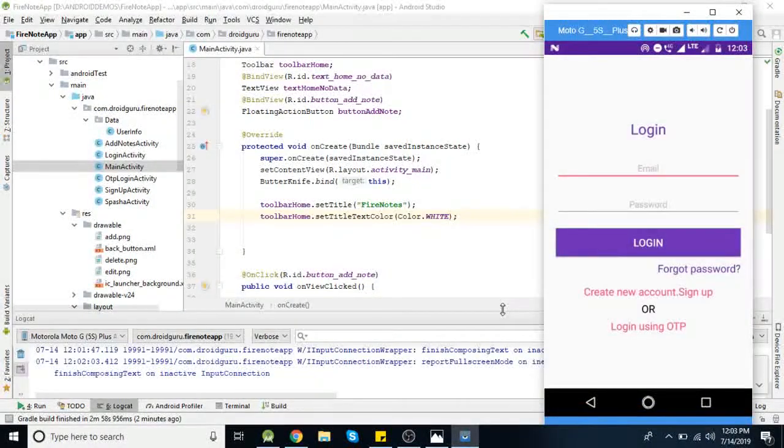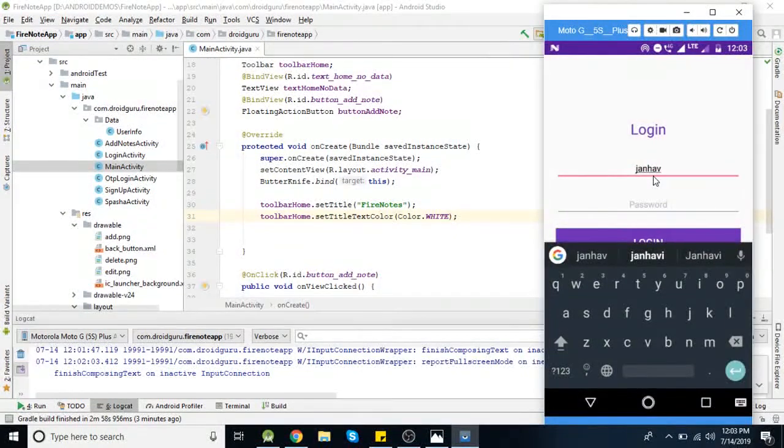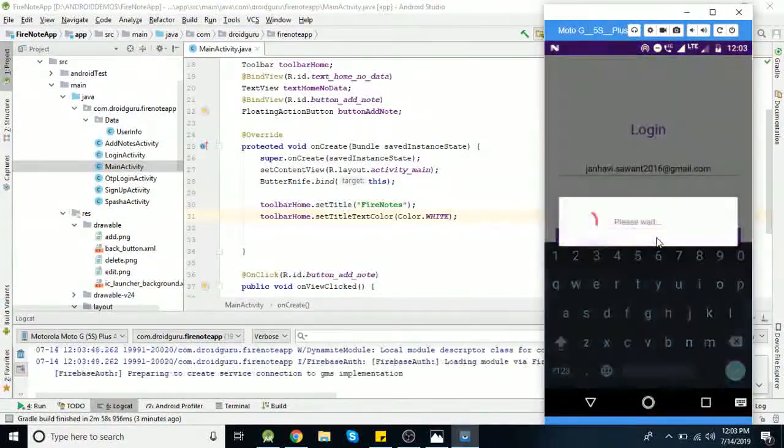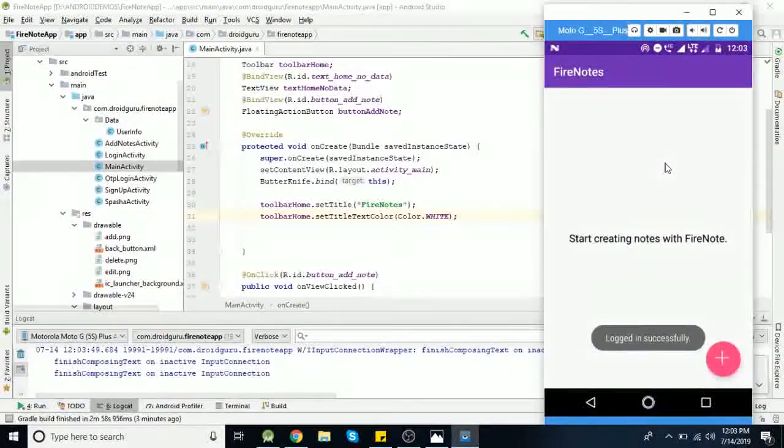Now if you check here, I am logged in with my email ID and password. This home screen is open.